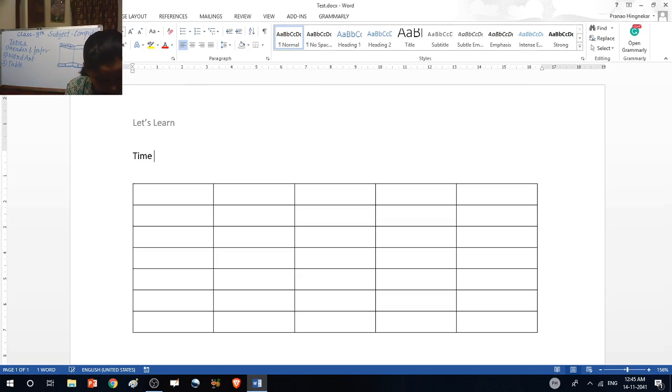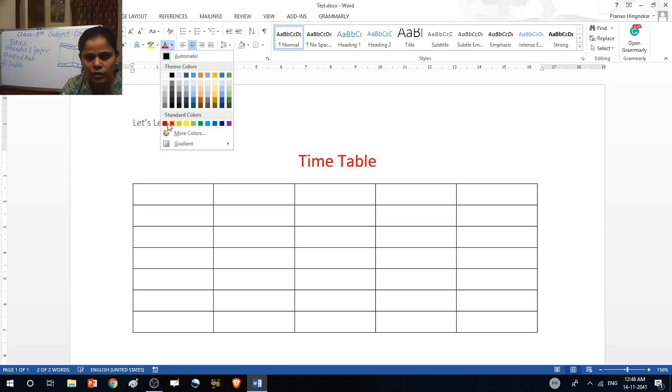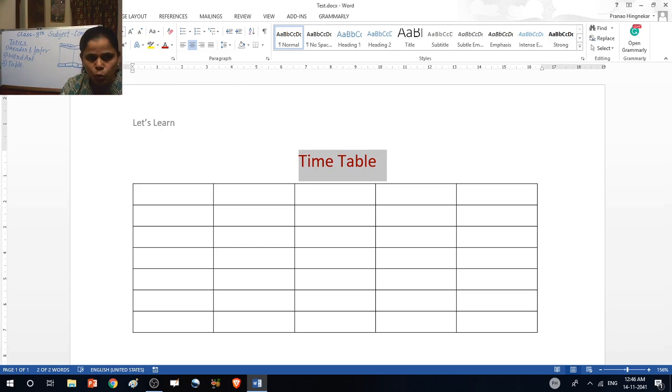Here click, timetable. Select. This timetable is a heading, so move it to the center of the page, then increase the size, then you can change the color or bold. Okay, then click here.